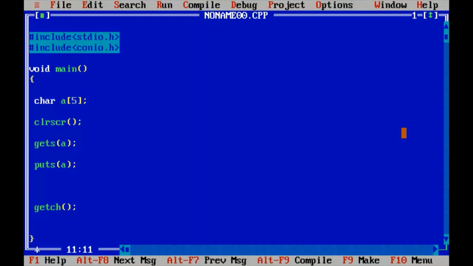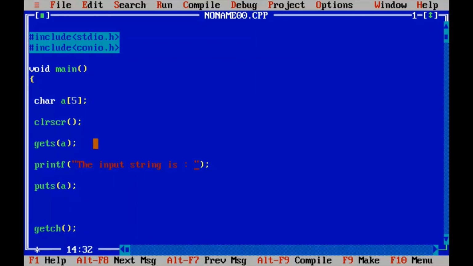To make the output a little more proper, I will use one printf statement here which says the input string is. Control F9. So the input string is India.